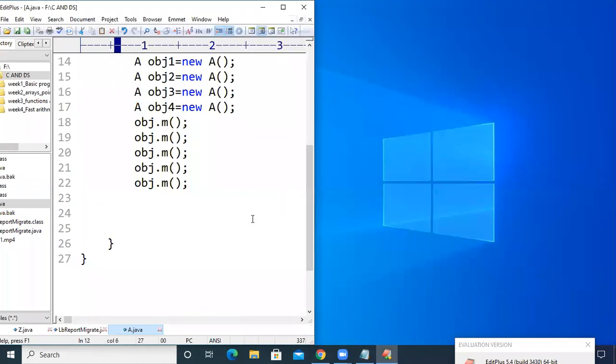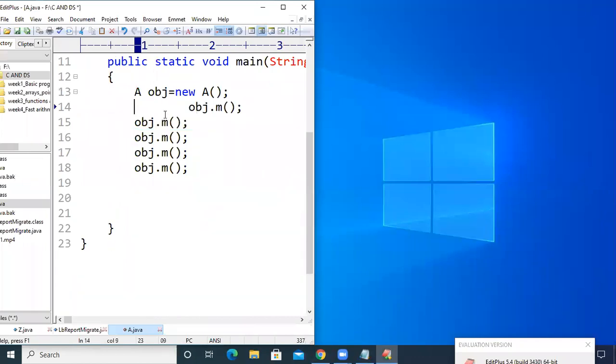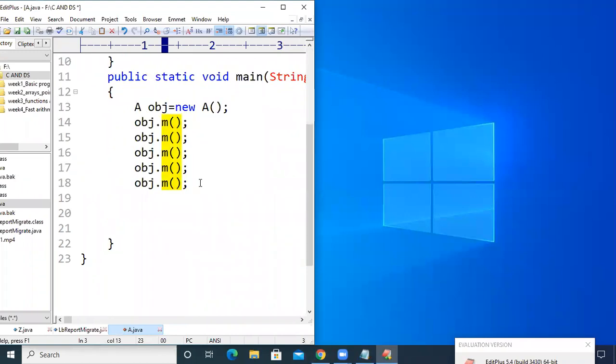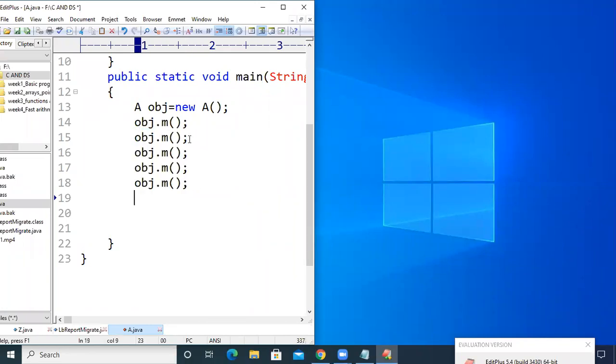So see here, we have created one object here. With that single object, we are executing this method m by calling the method m for 5 times. If we want to execute the method m for 10 times, we can execute the method m for 10 times. If we want to execute the method m for 100 times, we can execute it by calling the method m for 100 times, right?